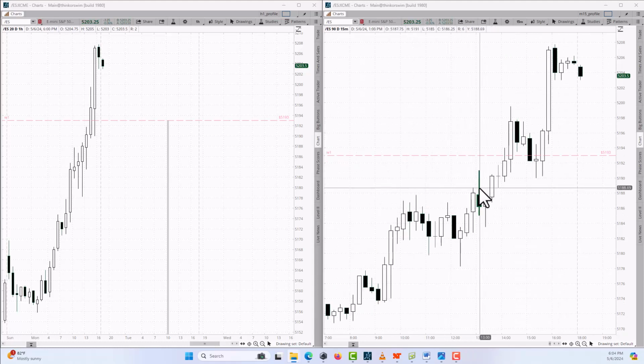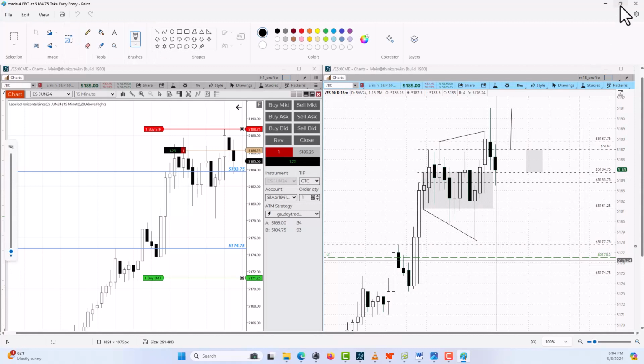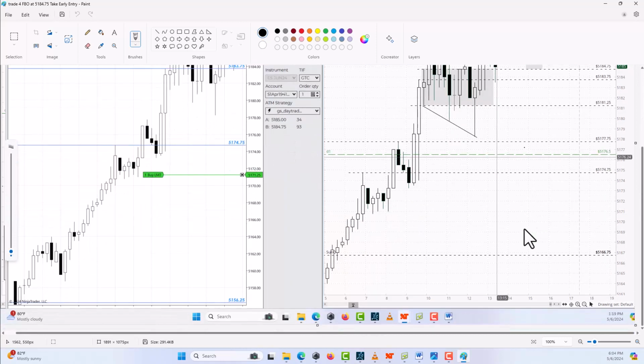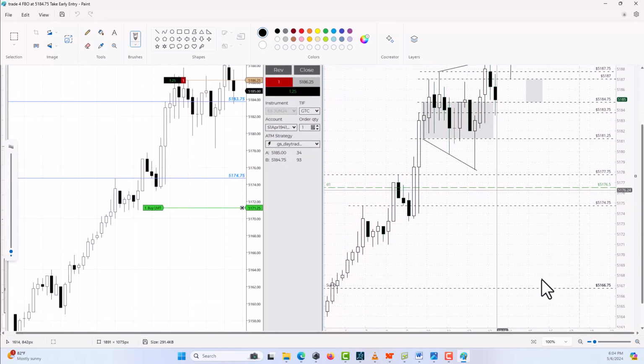Because we forced ourselves to take a trade where this is not really a doji at all. We learn our lesson right there. We have to make an error so we can know what we're thinking right there. Yeah, we would have had a buy stop right there. Remember, this is not a doji. That's the reason why the trade failed.